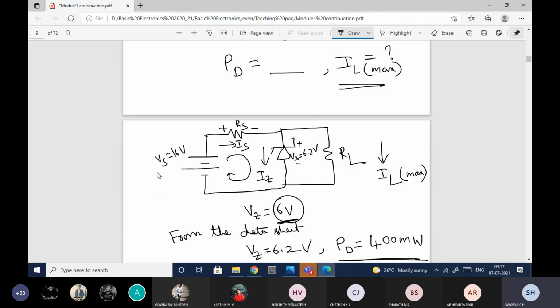This is VZ. When you apply KVL, the first term is minus VS, plus the voltage across the resistor RS, which is IS into RS, and the voltage across the Zener diode is VZ, so plus VZ is equal to 0. So I need to find IS or RS. RS will be equal to